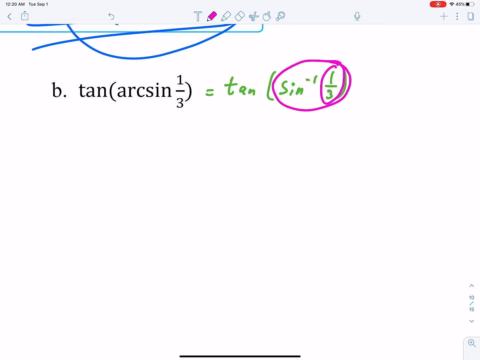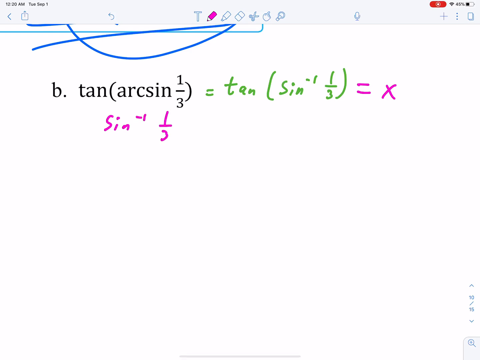So inverse sine of 1/3 is an angle. And when we take tangent of an angle, we get a value. So in the end, we're looking for a value here. Very important to understand this stuff. All right, so we're going to work our way from the inside out. We're going to start with inverse sine